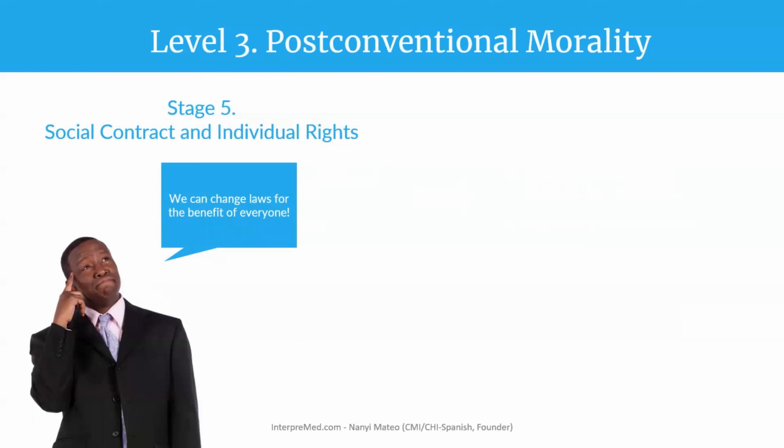While stage 4 respondents respect the law and want to maintain social order, stage 5 respondents recognize that laws can conflict with our moral outlook. They see laws as shared agreements or social contracts for the benefit of everyone in society, rather than as unchangeable, rigid rules. Although different social groups may have different moral perspectives on the law, most people will agree on 2